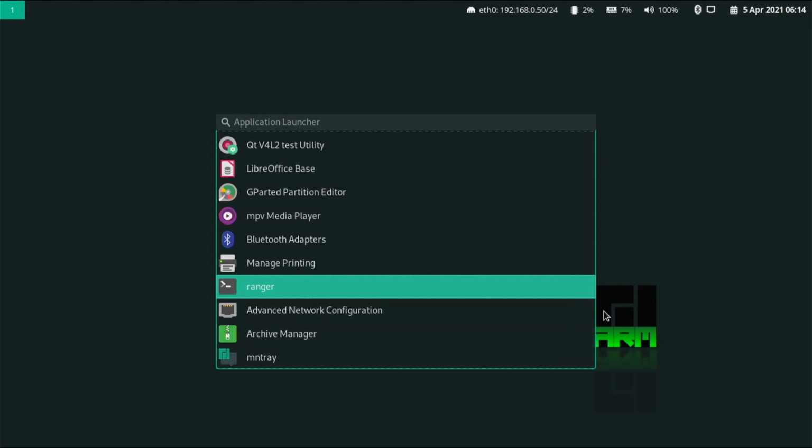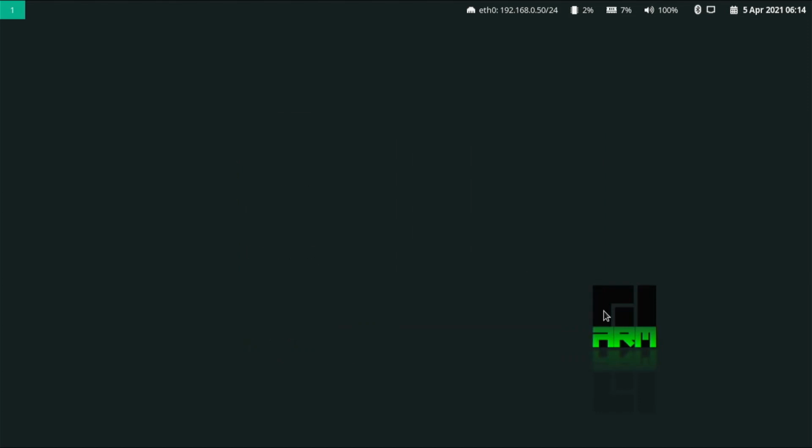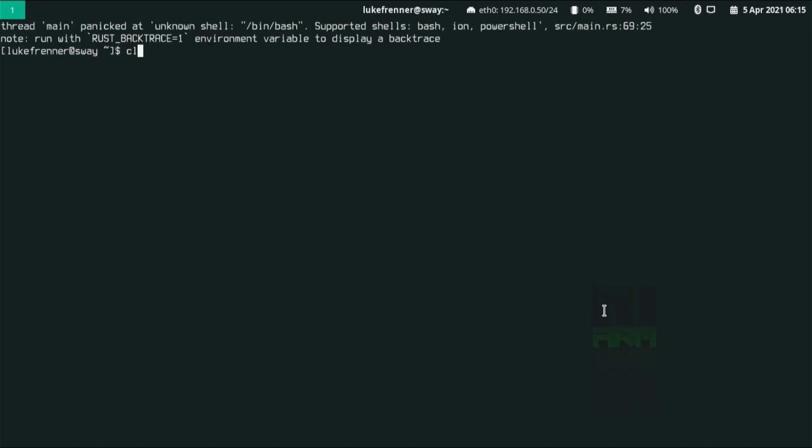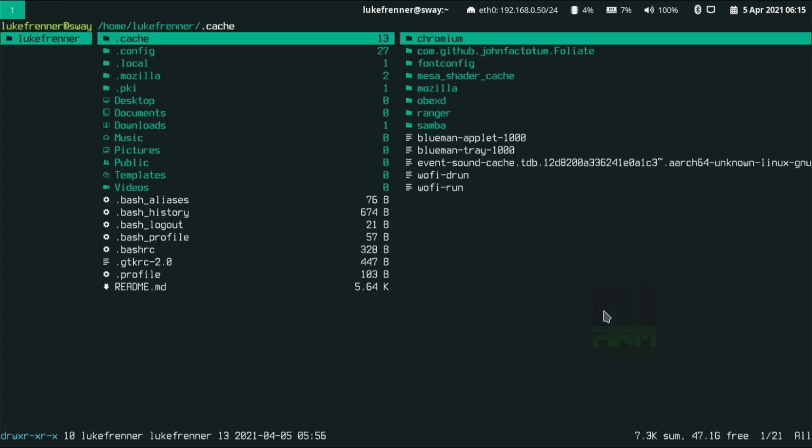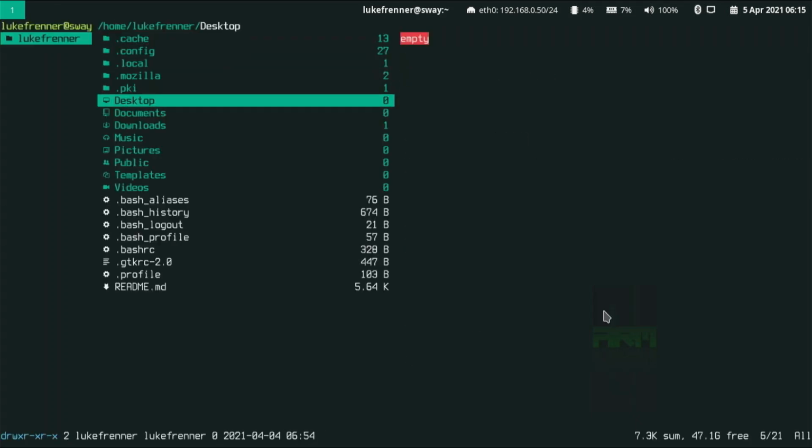Oh, Ranger is something that I think is really cool. So if you open up Ranger, it's actually an in-terminal file browser. So it didn't open, but if we open up our terminal, which is Alt-Enter, and if we just clear this out, if I was to type Ranger right here, give it a second, and we have our full file manager